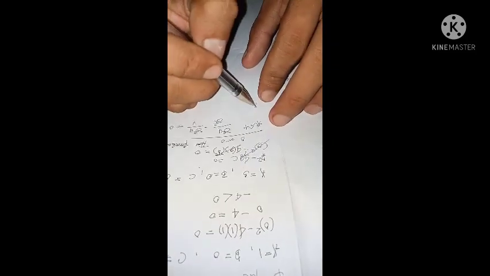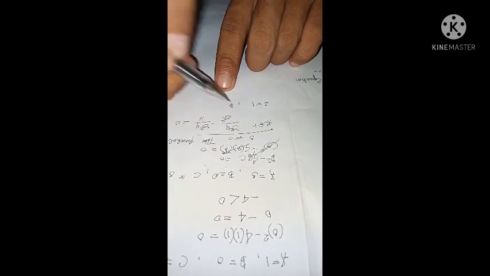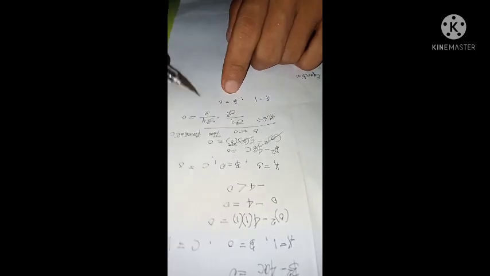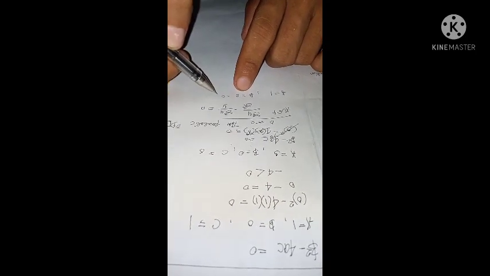Therefore A is equal to 1, B is equal to 0, and C is